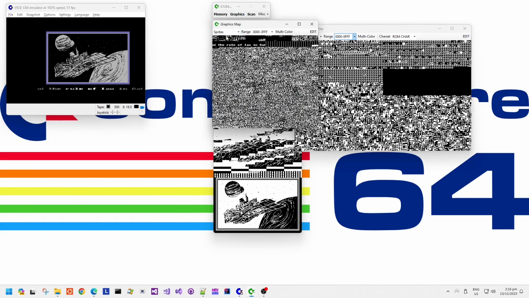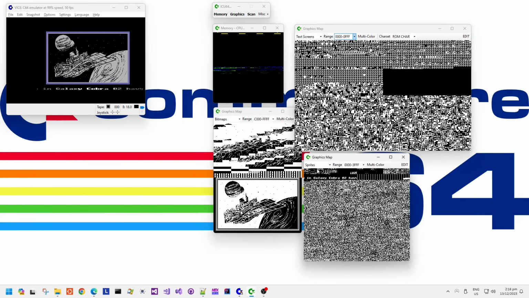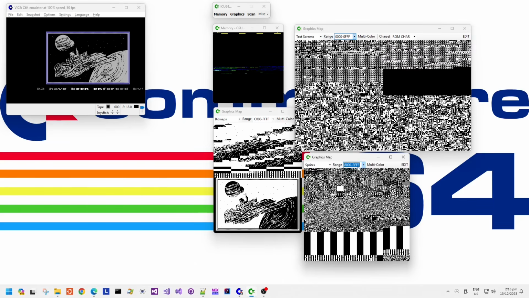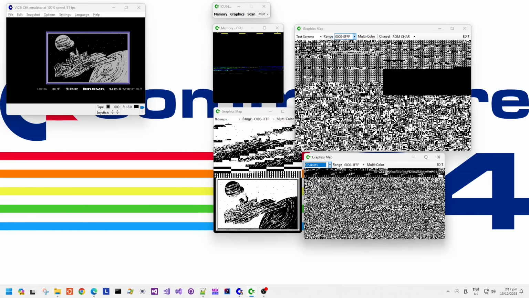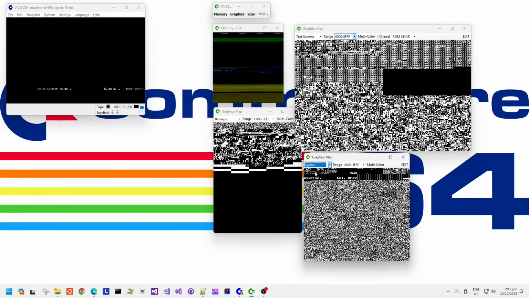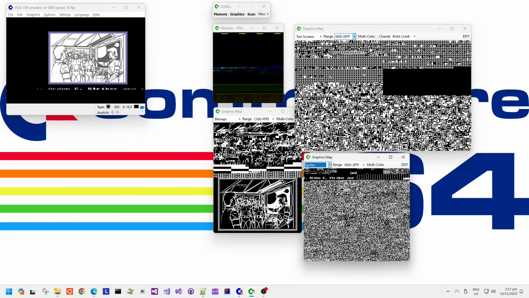Now when I got the disk version, I was really happy with these extra introduction bitmap screens telling the story of the game. And we can see here that if we use the Sprites graphics map mode, then the sprites are actually being updated there in the first bank, whereas the bitmap is displayed from the last bank. And of course the sprites need to be horizontally expanded to fill the width of the screen, including the border area. We can see it's done some decompression